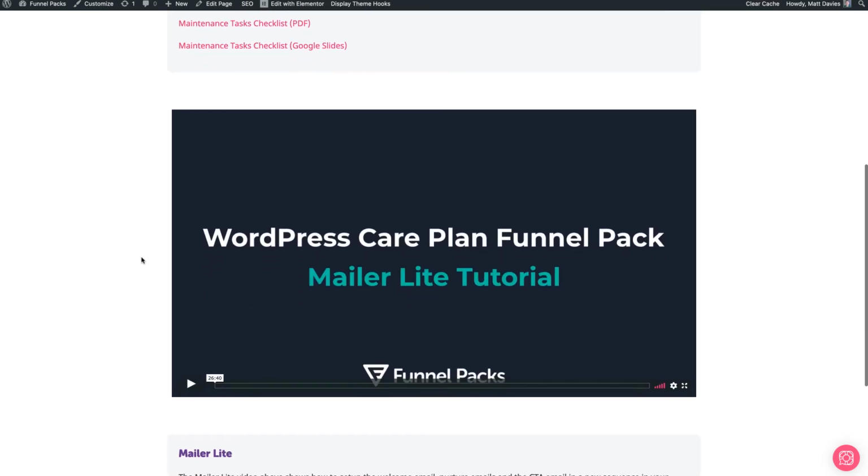Underneath that, we have a MailerLite tutorial. So we use MailerLite with funnel packs because one of our main ethoses is that when you purchase a funnel pack or product from us, we don't want you suddenly to be told, oh, well, you need to have this tool and this tool and this tool, which costs you extra money. So MailerLite offer a free account, and we recommend them on that basis. You can use any email platform you like. So we use ConvertKit ourselves, but you could also use things like ActiveCampaign or Drip